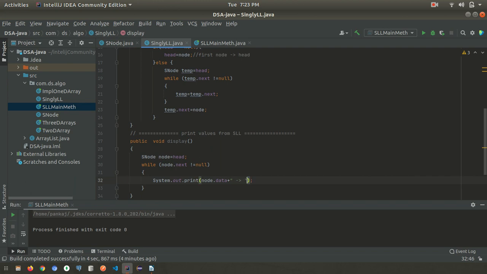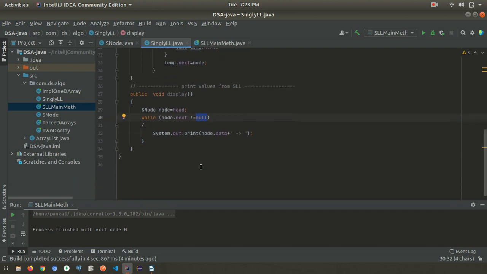It starts from head, I mean the first element, and it will go till null. Null reference means the last one, so it will print from first till before this last element.